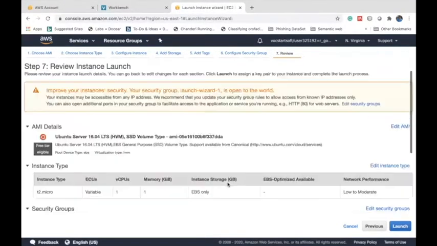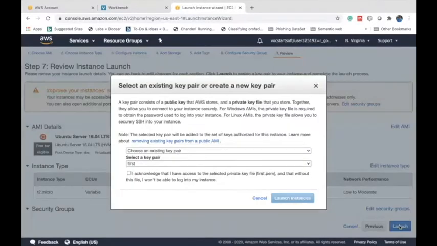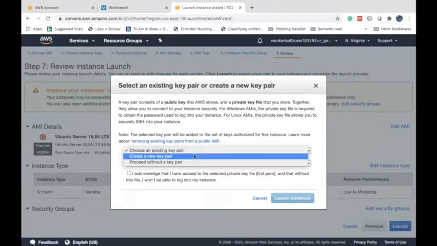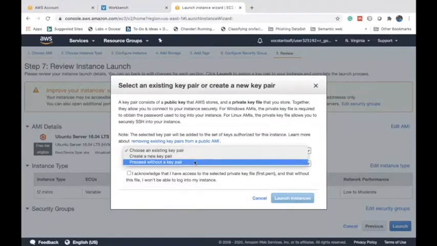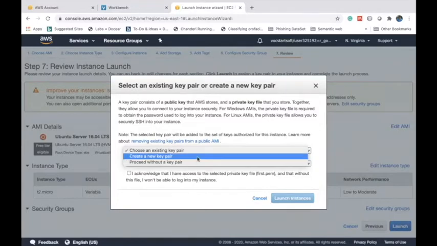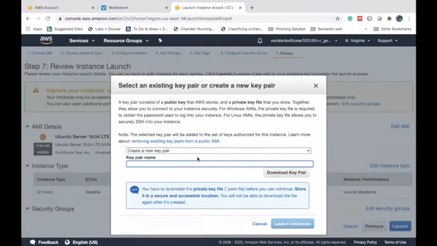Just review the details which you have selected and launch the virtual machine. Again, there are three options. You can create a new key pair, or you can use an existing key pair, or you can proceed without a key pair. I'm going to say new key pair. I'll name it my second key.